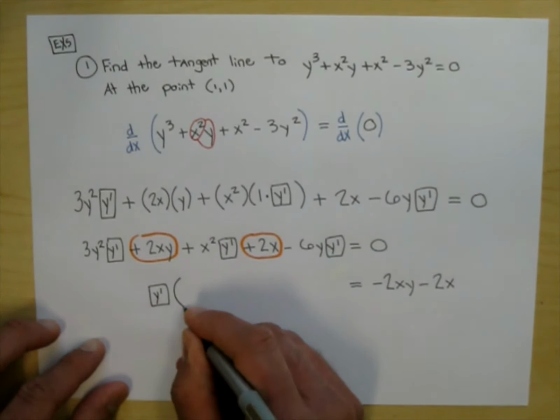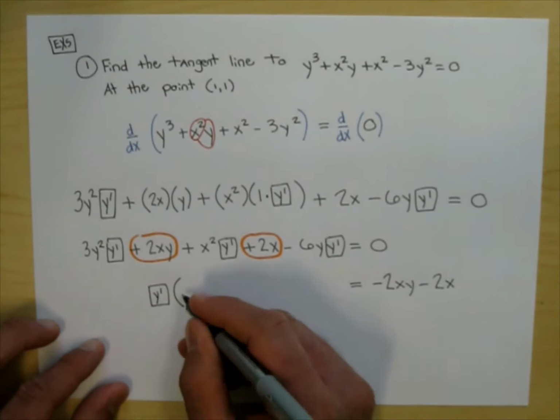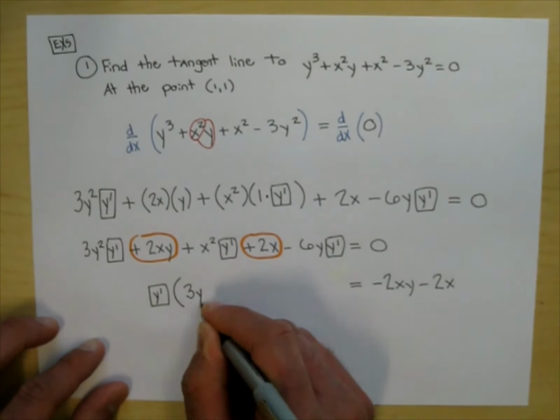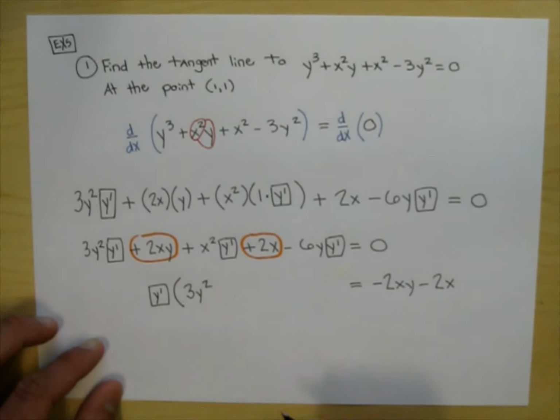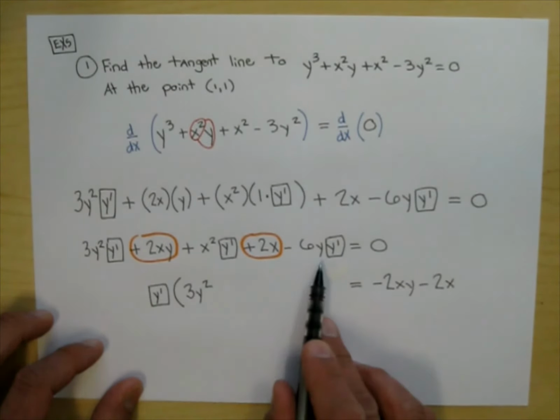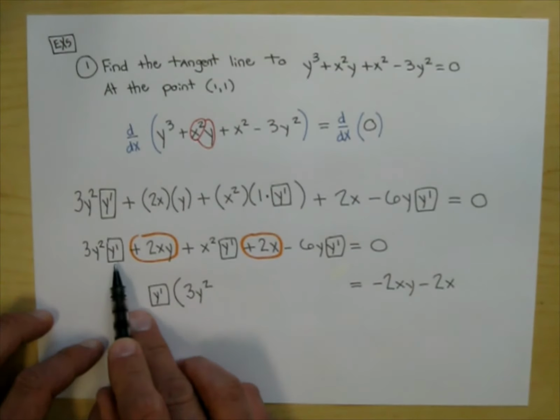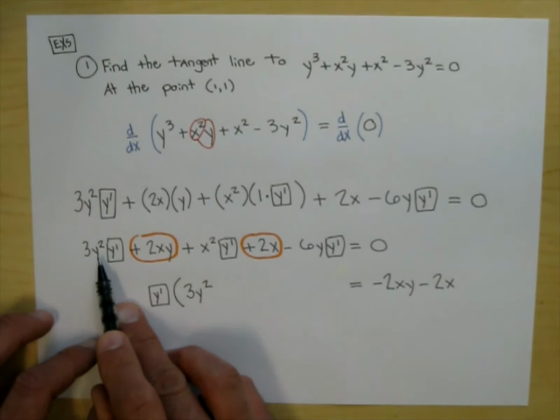Some could argue you shouldn't have done that all in the same step, Joe. I'm going to go ahead and email the dean of the college to tell the dean what you just did. You skipped some steps. Okay, so factoring that out, factor a y prime out, I have a 3y squared, and